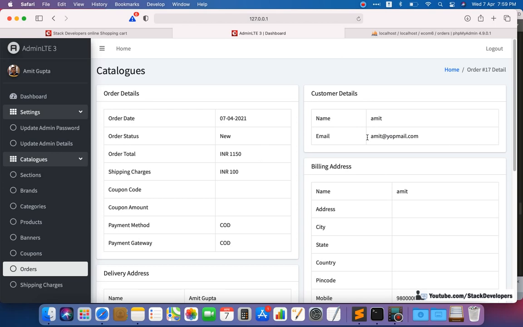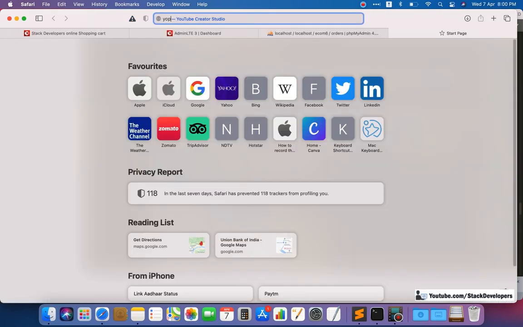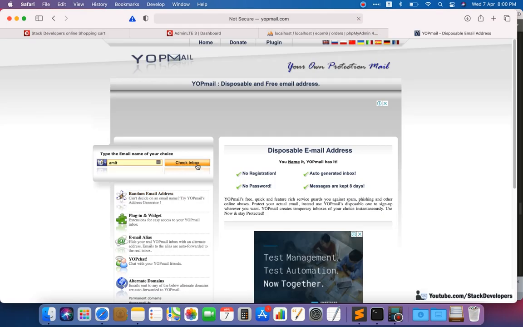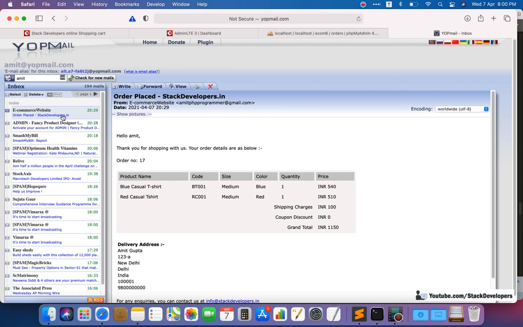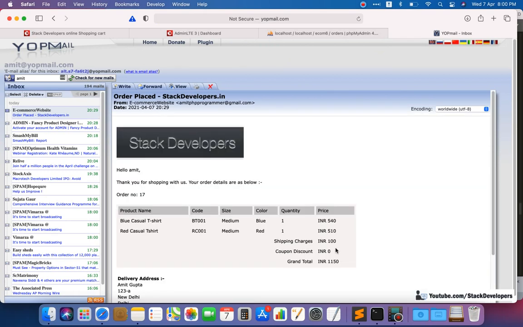Now we are going to check the email as well. In email we are getting the shipping charges or not, because last time we were not passing any shipping charges, but now we are passing. We are already passing the variable there. So here you can see the shipping charges in email as well, INR 100. So that is fine. We are passing the INR 100 in email as well, so the total amount is 1150.